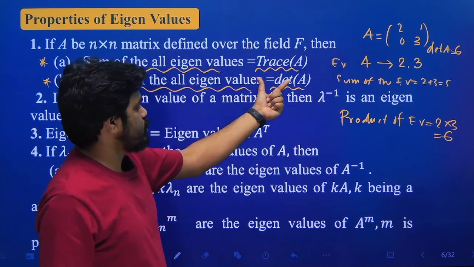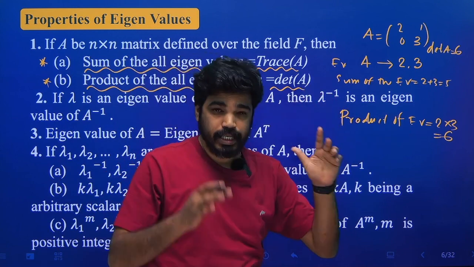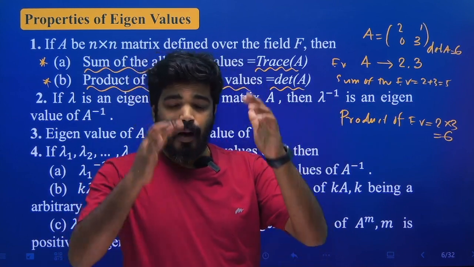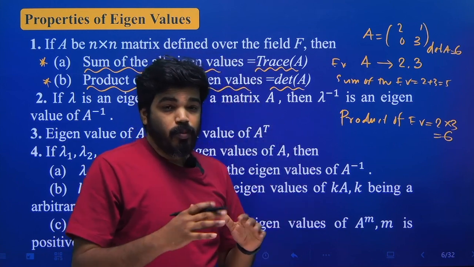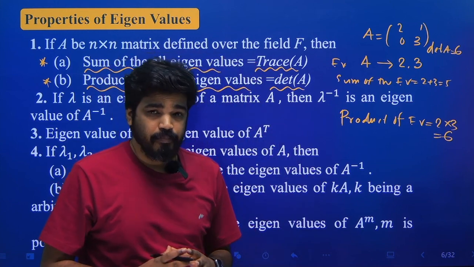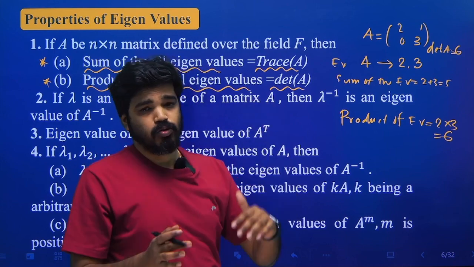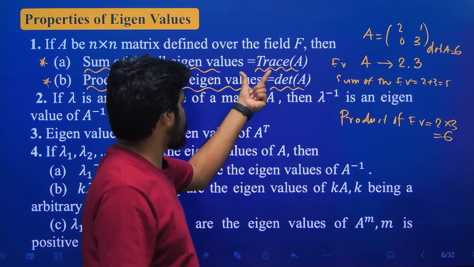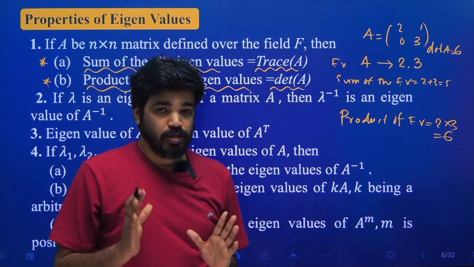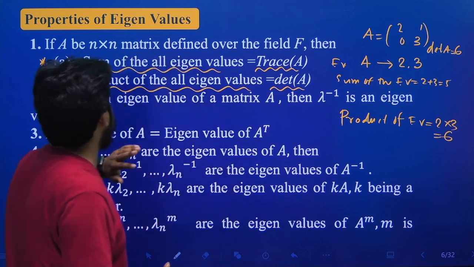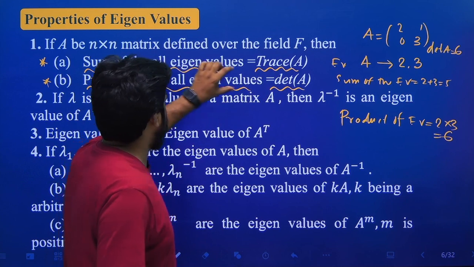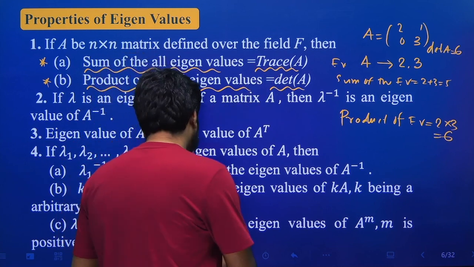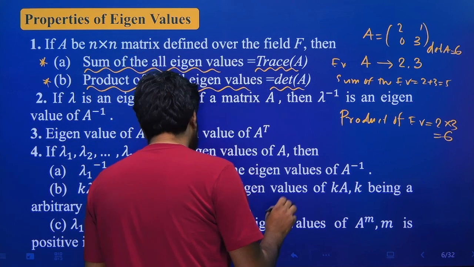So it should be noted that it is a very important property: sum of the eigenvalues is equal to trace of the matrix and the product of the eigenvalues is equal to determinant of the matrix. এই property র বেস করে আমরা matrix এর eigenvalues এর অনেক problem easily solve করতে পারবো। একটা matrix দেওয়া আছে, তার options গুলো দেওয়া আছে, কোনগুলো eigenvalues হবে, just এই property টা use করলে আমরা solve করতে পারবো।